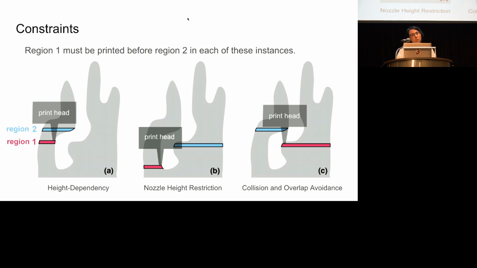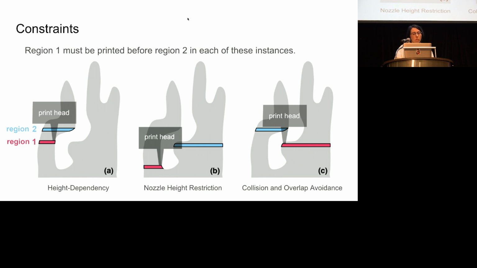The constraints include the following: height dependency. A region can't be printed unless the regions underneath it on the same branch have already been printed. Otherwise, the printer is either printing in midair or it's colliding with the higher regions when attempting to return to lower ones. Nozzle height restriction. Everything within the distance of the nozzle height must be printed before the print head is able to move on to the next section to avoid collisions with the printer armature or the print head. And finally, collision avoidance. Printing a region should not result in a collision with a previously printed part of the